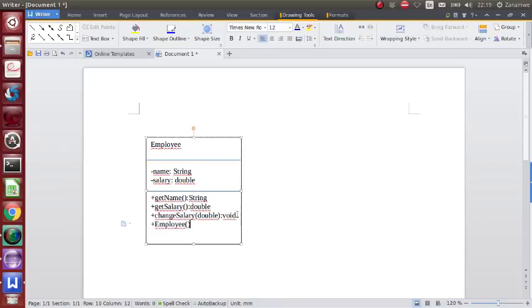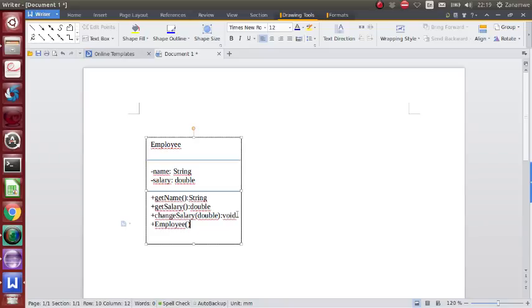But unlike methods, these constructors don't return any value. They don't return any value, and even void, as the return type, is not specified when you are defining